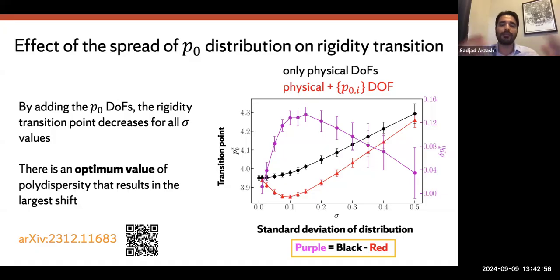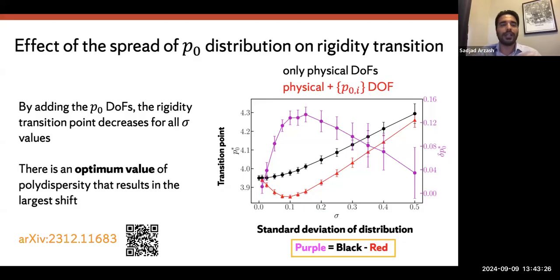For example, the number of hexagonal cells increases when you let cells tune their adaptive degrees of freedom. But for the sake of time, all those details are in our preprint, talking about the structure and the vibrational density of these systems with and without these degrees of freedom. But if there are no more questions, I'm going to change gears slightly and talk about the second part